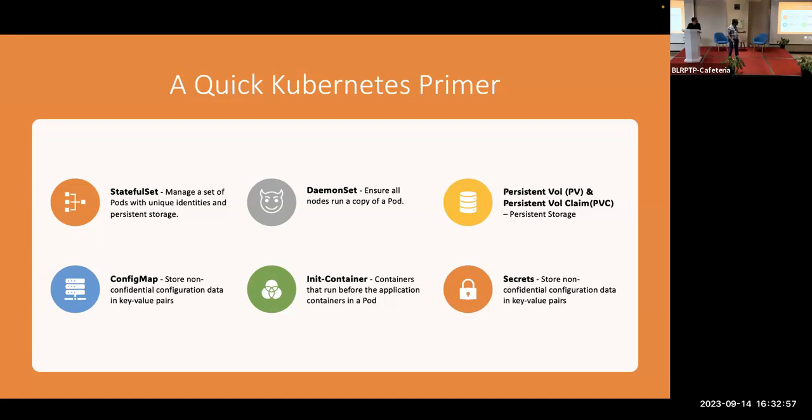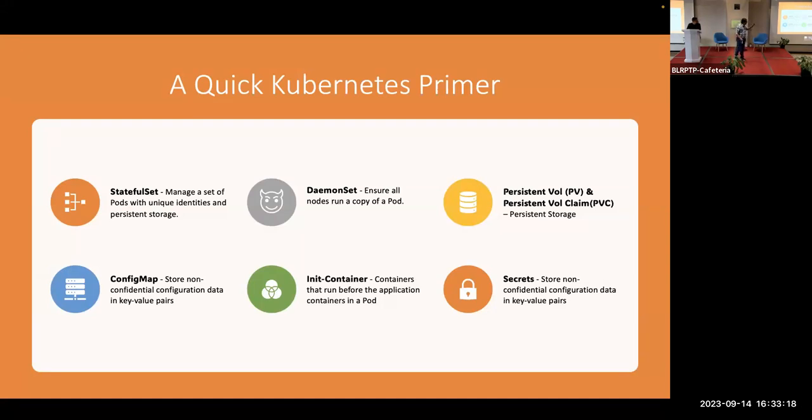Config map. The config map is a Kubernetes object where you can store various kinds of configuration, either in key value pairs or in files. One of the best examples: you can store a zookeeper configuration, zoo.cfg, in a config map and then use it for the zookeeper deployment.